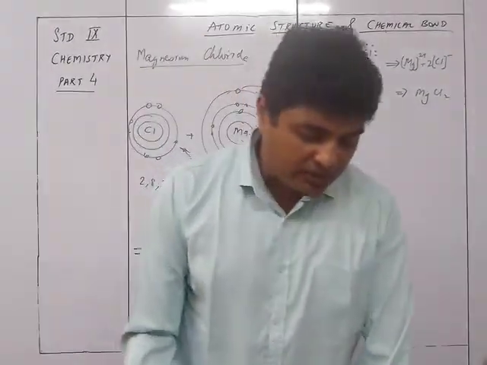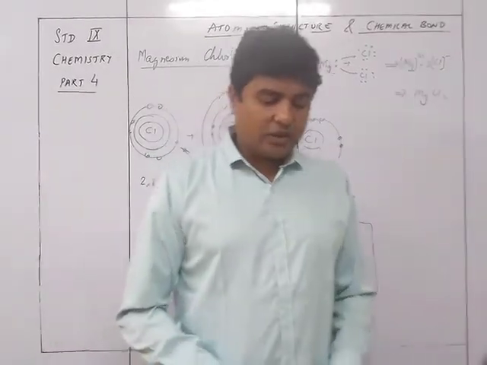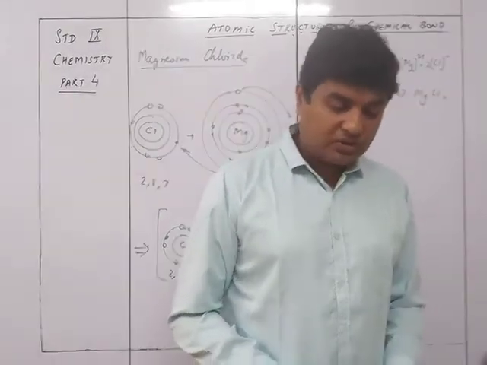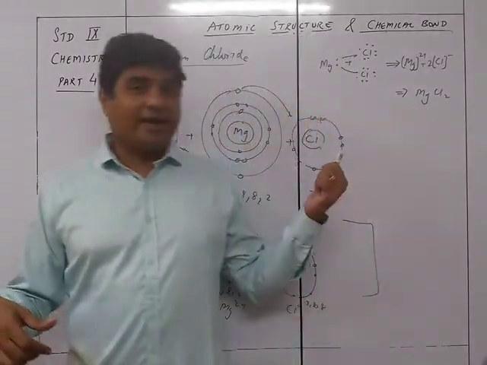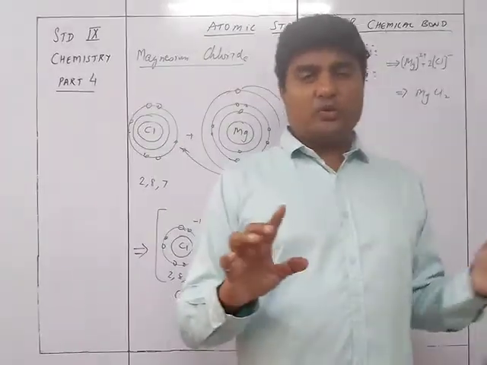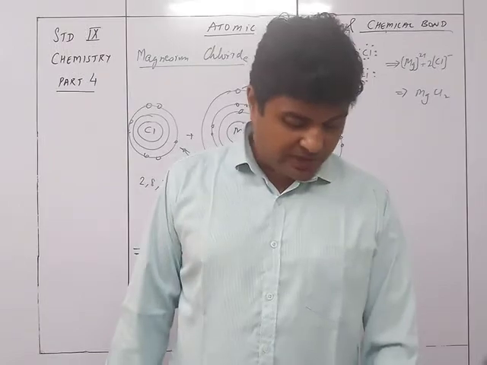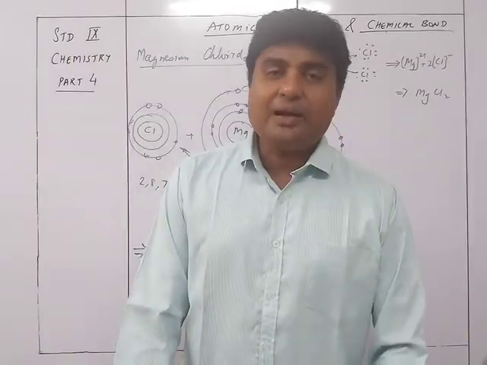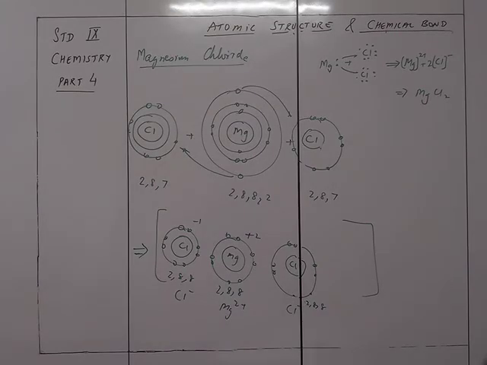Okay, so that was about the electrovalent compounds. We have seen that this is how you can draw the electrovalent compounds by the orbital structure or the dot diagram. Dot diagrams of course are not there in the 9th standard, but I am just giving you this hint that yes, there is something like a dot diagram which can be drawn. Okay, now we come to the covalent compounds. I'll take it in the next video.